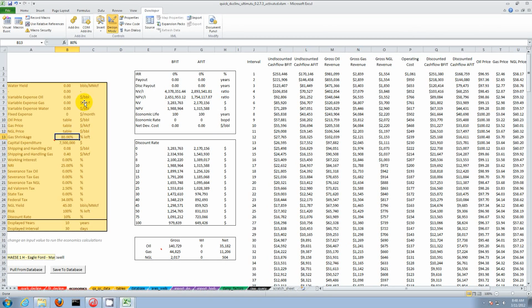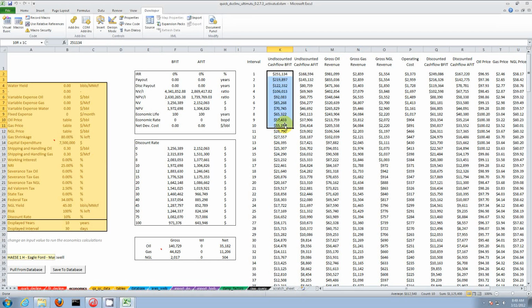Let's go 0, and then here's my, yeah, they would do it on oil too. So here's my MTP fees. Let's just say it's 30 cents for the oil and 30 cents for the gas. I'm going to turn this back on, and boom, there we go. Okay, now you can see that the royalty checks have come down slightly